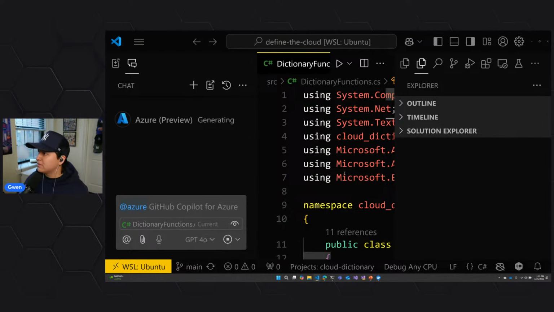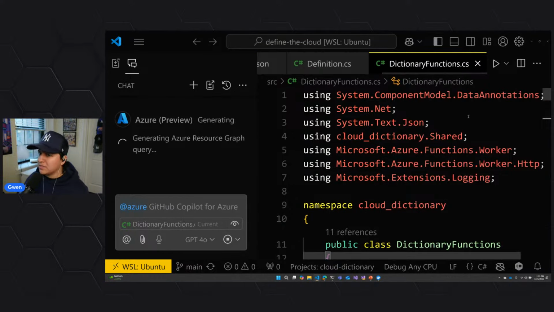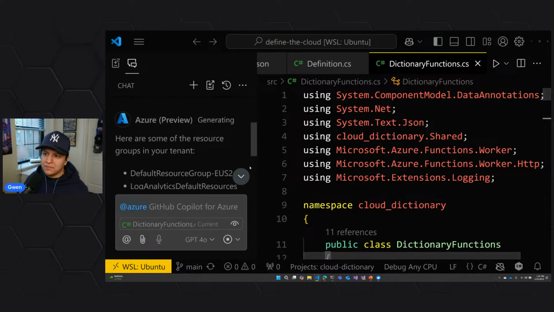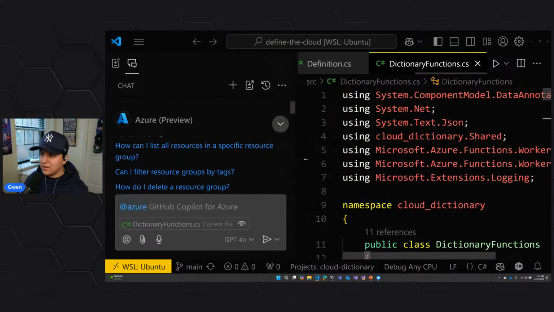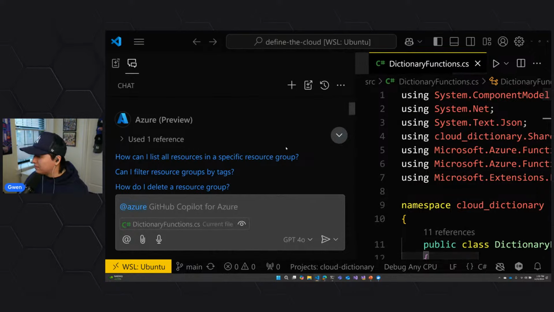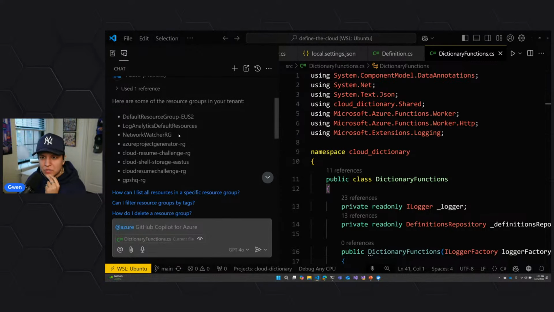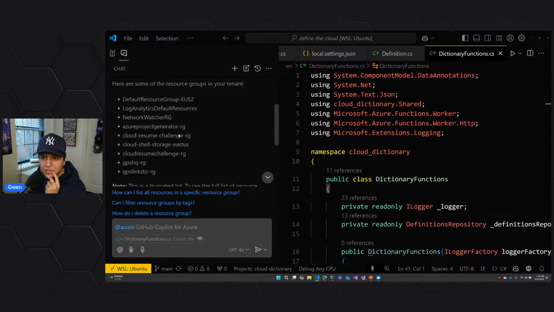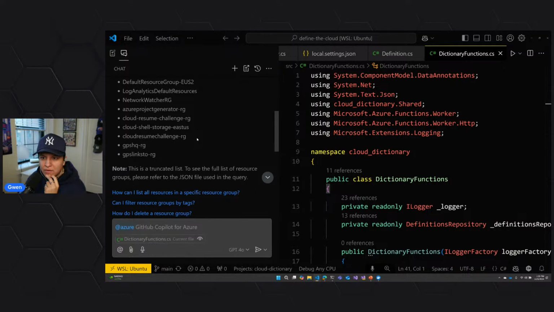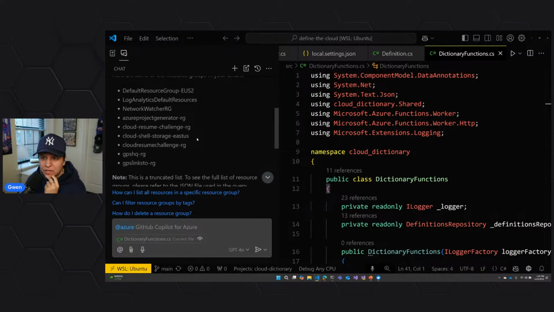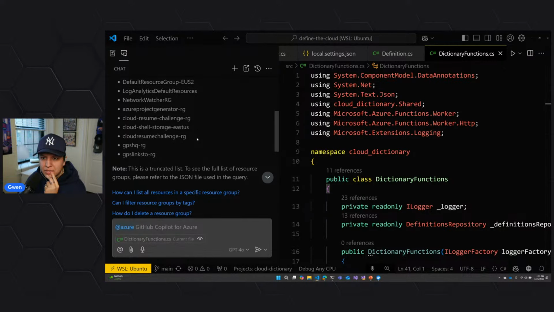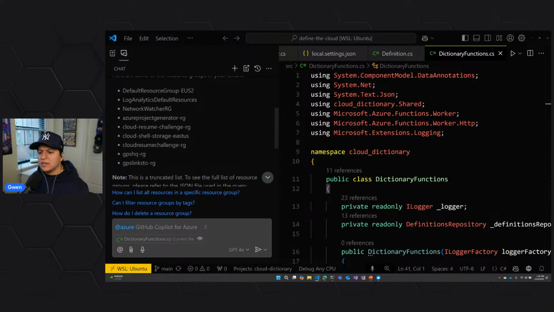Okay, there's a lot going on. Hold on, let me make some space here. And I don't think we need all these files open. Let's see if I can get some more space here. There we go. Cool. So now we're going to minimize. It's a little smaller here. So we have some resource groups here in your tenant. I have the default resource group, the log, I know that one, Azure Project Generator. We have the cloud. No, it's not in here. I think it's like, no, it's so